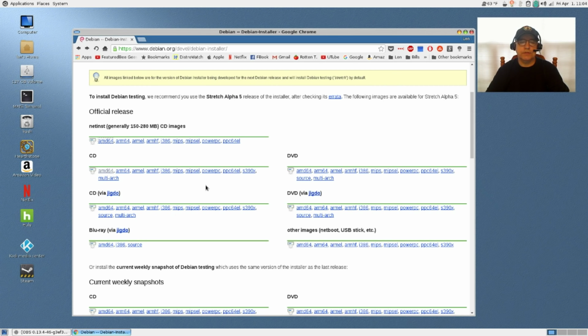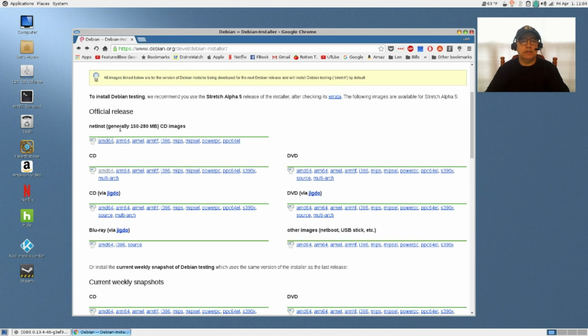So what happens is, when you're doing the install, it will give you several choices: Mate, XFCE, LXDE, LXQT, Cinnamon, KDE. It'll list all of the various desktop environments and let you pick the one or ones that you want. You can select one or more than one. In this case, I've got Mate. So that's what I did.